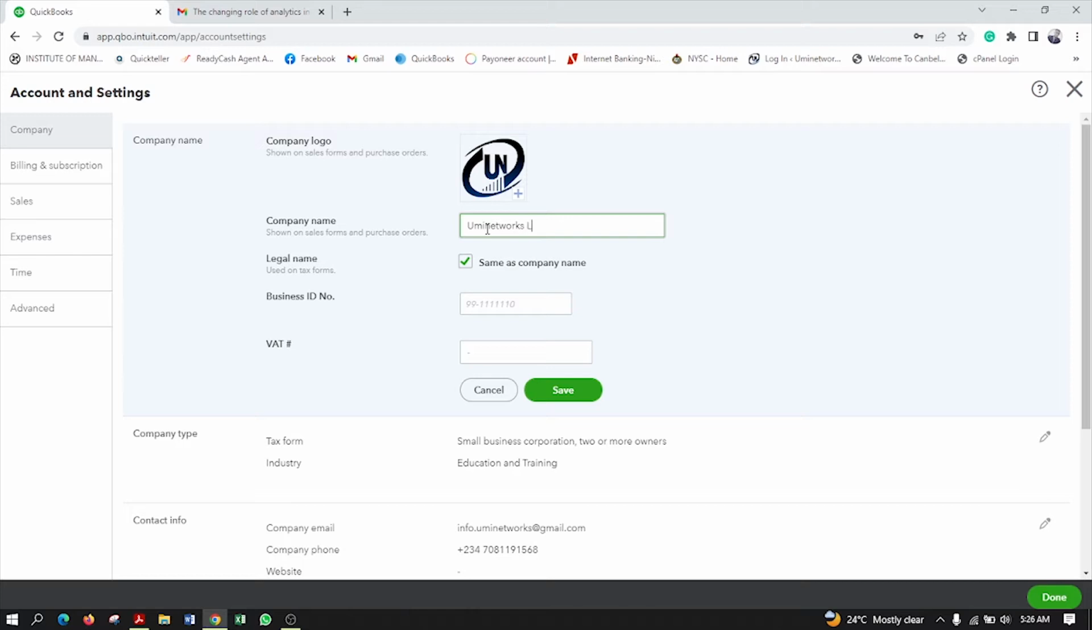Omi Networks Limited. Now, if you have your business number, that's the RN number. For Nigerians, incorporated companies have an RN number, but for businesses like sole proprietorships and partnerships, what you have is a BN number, business registration number. So put your RN number or BN number here, then you put your TIN number here